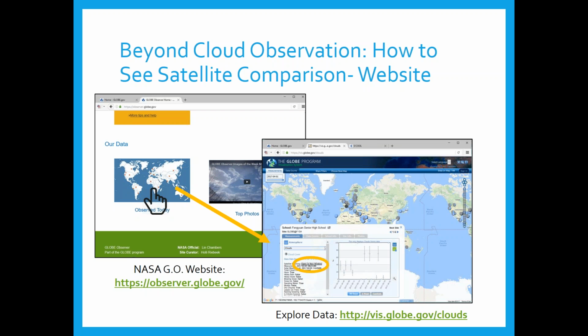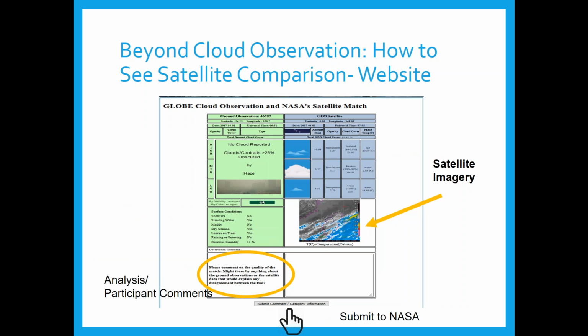But if you were to click an icon, you'll get a graph with some more information with all the data you entered, but you'll also have a link that says Open in a New Window. And what NASA has provided is a table with your data in the green table, ground data, next to satellite data there in the blue tables. In each satellite, if another one comes, you'll see another table next to yours and a third table next to yours. And this is where we provide satellite imagery,